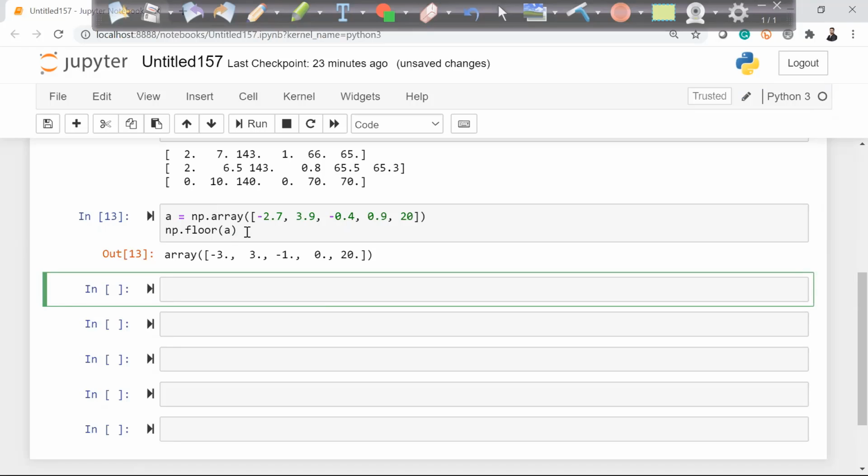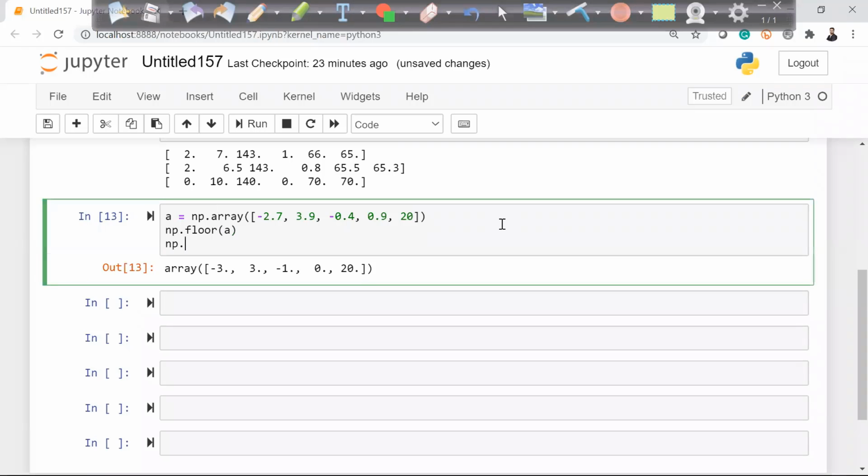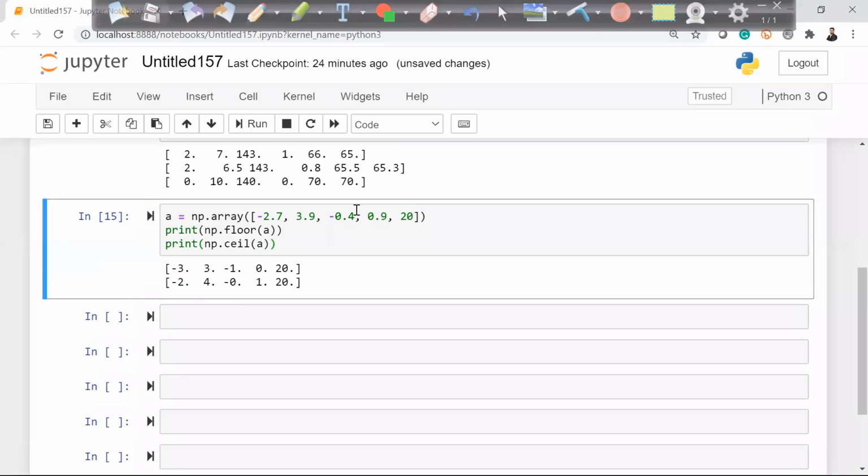Same way with this, we have a command called ceil, np.ceil. Now in ceil, the output is different. Let me just do the print here so that we can understand the difference. Right, you can see here minus 2.7, the nearest higher value is minus 2. 3.9, the nearest higher value is 4. Minus 0.4 is nearest value 0. 0.9 is nearest value 1 and 20.